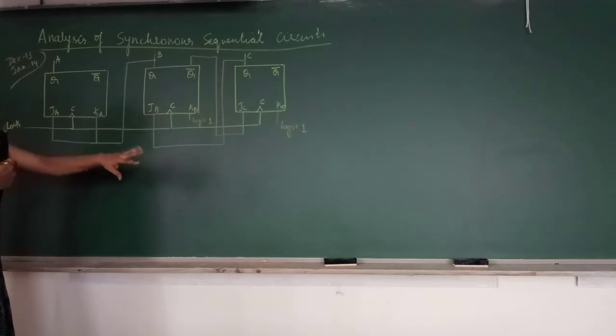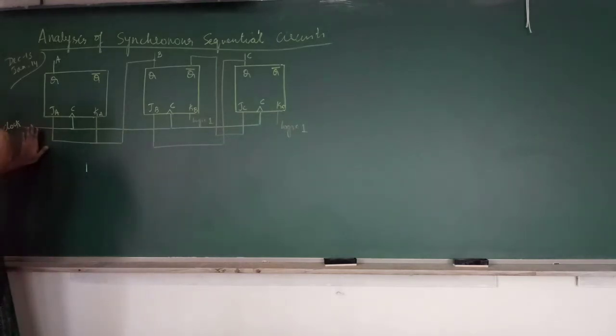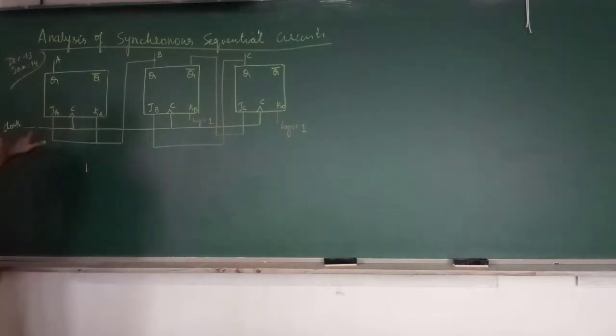One more type, a state diagram will be given. From the state diagram we have to analyze and design the circuit. So we will see one by one. The second type of problem in module 4 is this. The circuit is given to us, a synchronous circuit, because the clock is given directly to all the flip-flops, right? It is synchronous. A synchronous circuit will be given and we have to end up with the state diagram. We have to tell what sequence we are going to get from this counter.